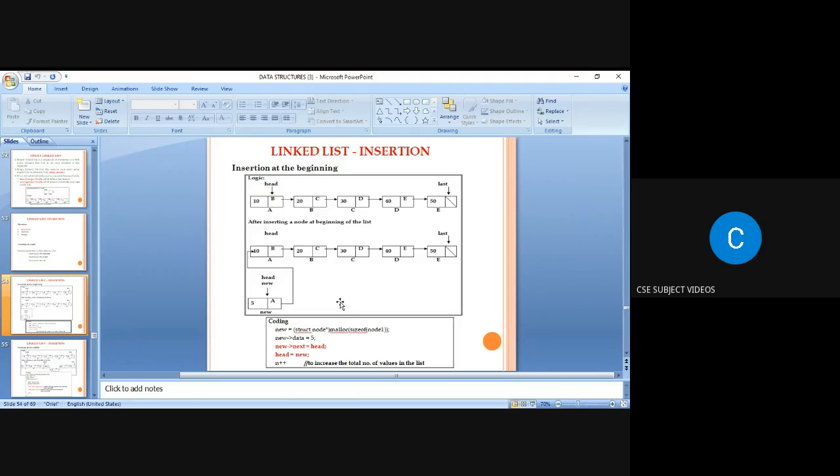So the head pointer is allocated to the newly created node, so that the coding is new of next is equal to head. So the address of the head node, capital A, has to be allocated in the new of next field, so that the forward pointer can be generated. So that newly created node has to be named as head value, so that